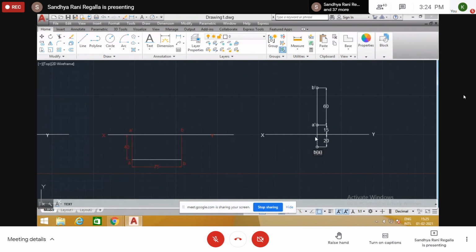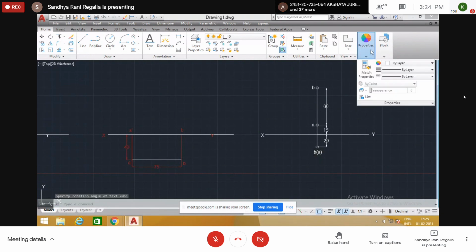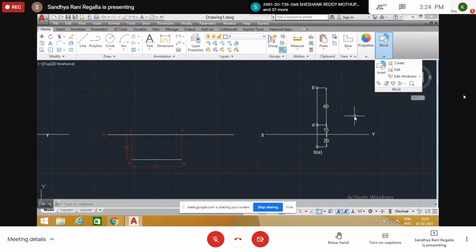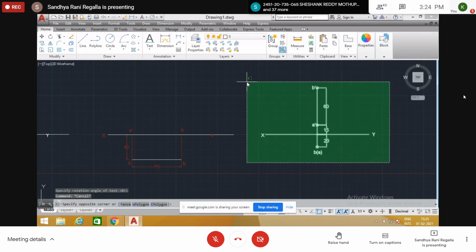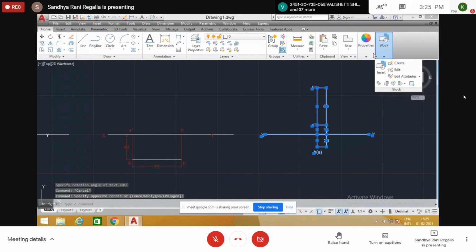And here this is O, the intersection point between these projectors and XY. That need not be mentioned, but if you mention it, it is fine. You write it like this. This is also okay, but if you have any confusion, it is better to keep only the main diagram.